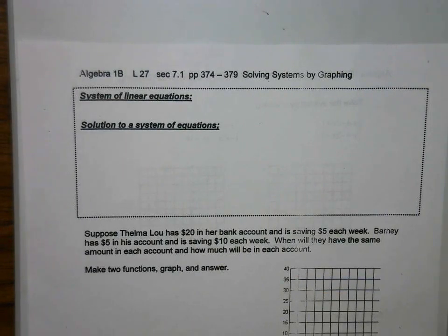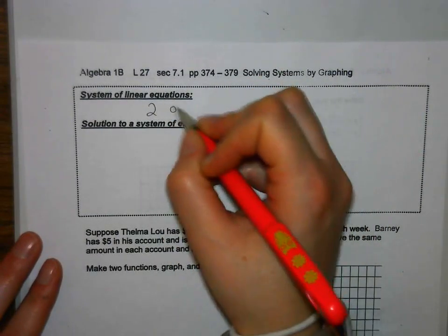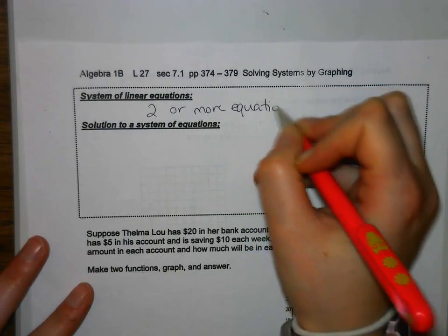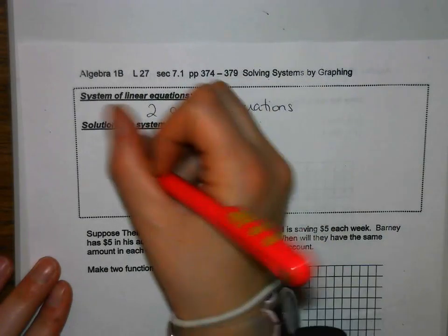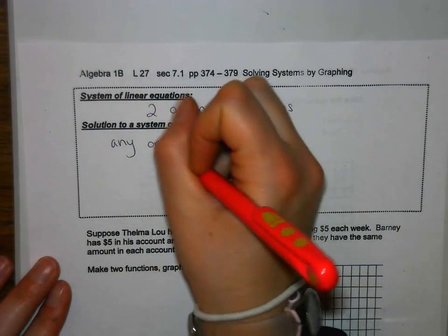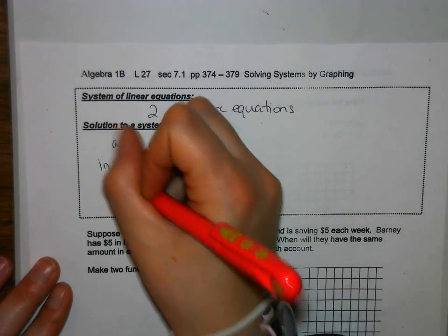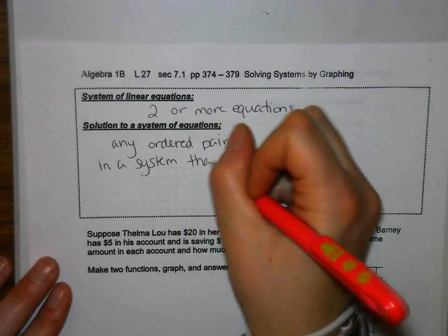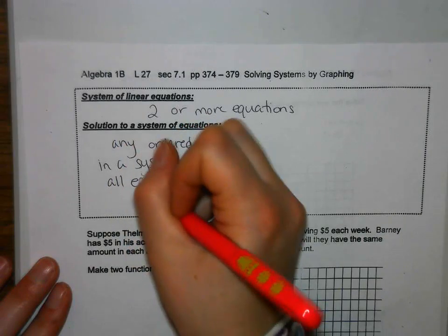Today we are going to be looking at how to solve systems of linear equations by graphing. A system of linear equations is when we have two or more equations. So a solution to a system of equations is any ordered pair, meaning x and y, in a system that makes all equations